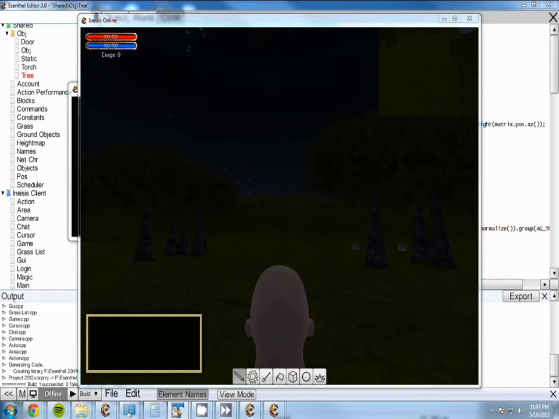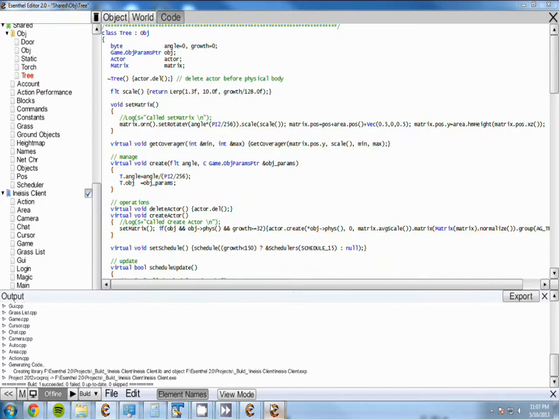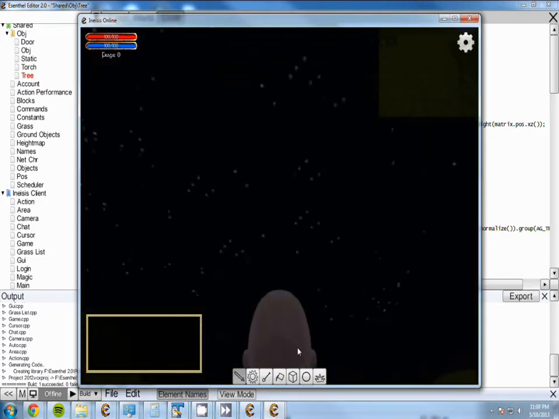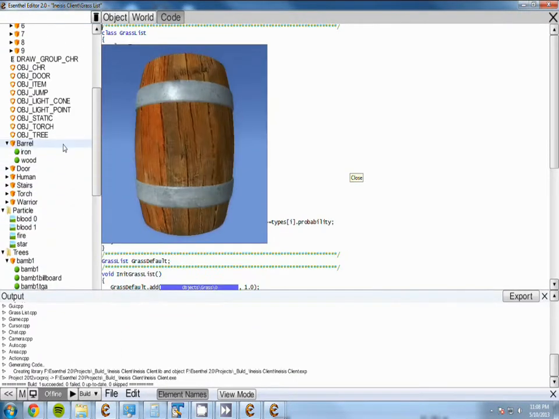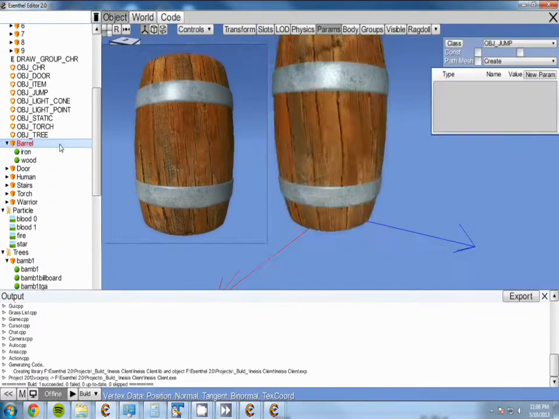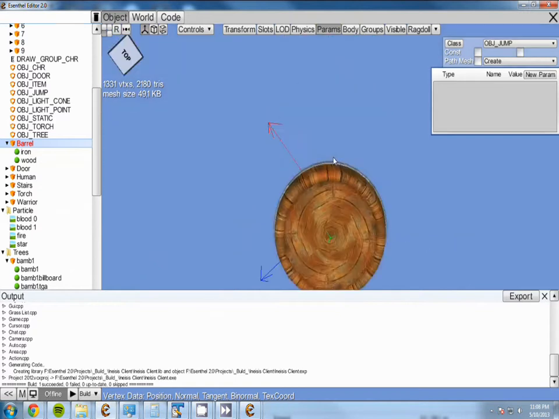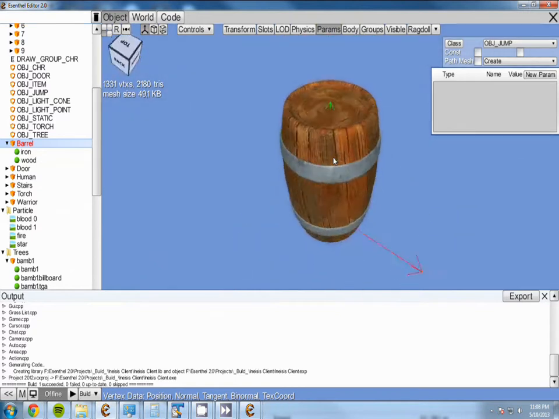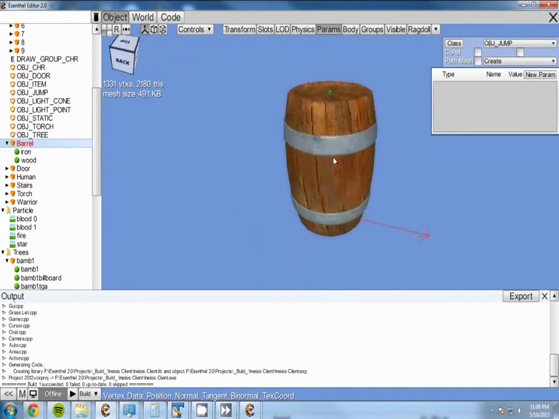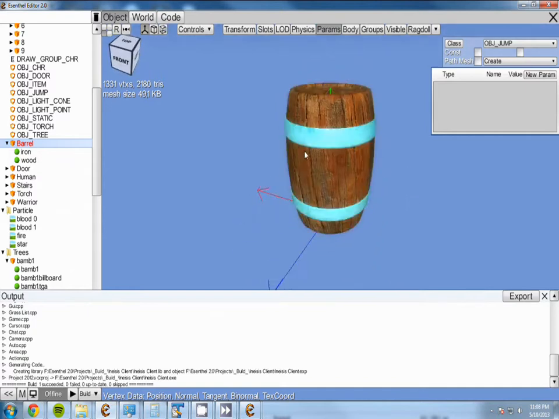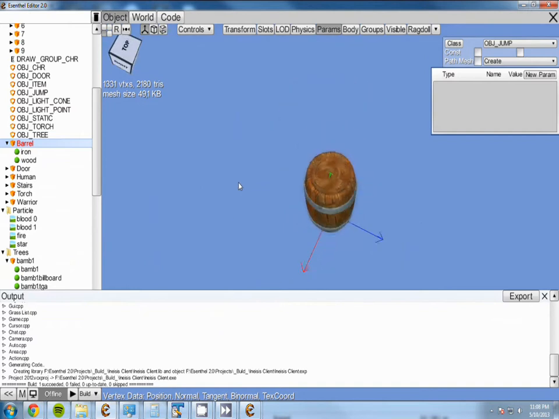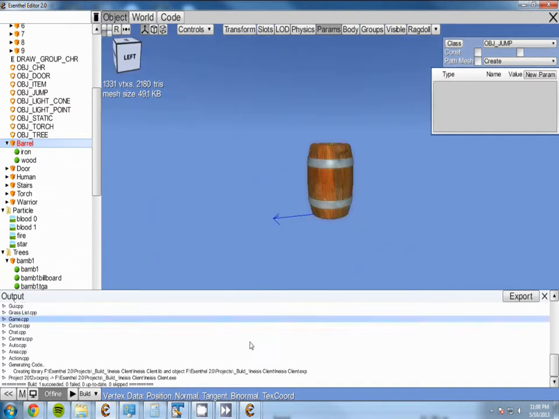So my goal in the second half is to close this down. It's basically to create a brand new scheduled object. And what I've chosen to do is I have one of these little barrels from the Esenthel general library. I want to make it jump up and down. That's all I really want to do, is make this barrel jump every 20 seconds. It sounds pretty straightforward. It was pretty hard for me to figure out, but now that I've figured it out,